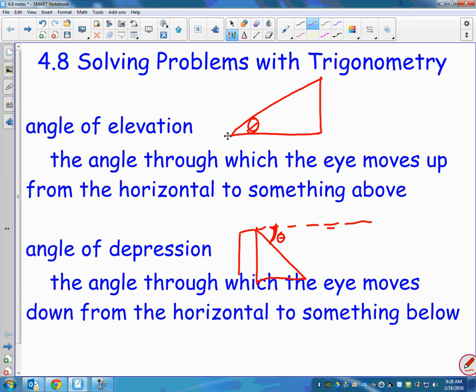But to me, those are the biggest vocab words that you need to know as you do story problems, because that's the hardest part, is where do I put my angle? Usually they talk about vertical height or height of a tree. How far away are you standing from it? And so those values are easier to find. It's the angles that we